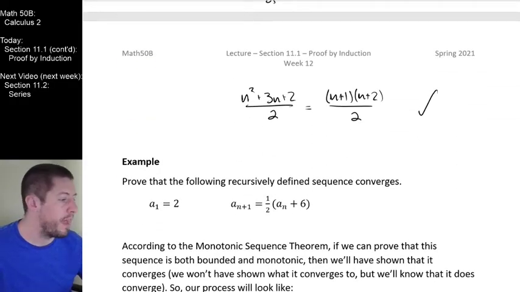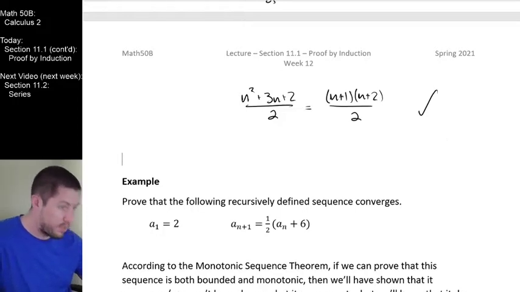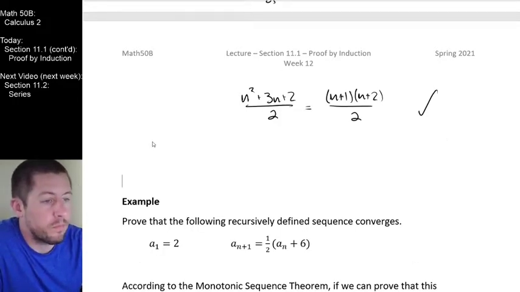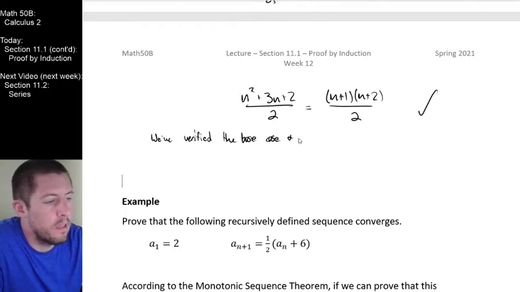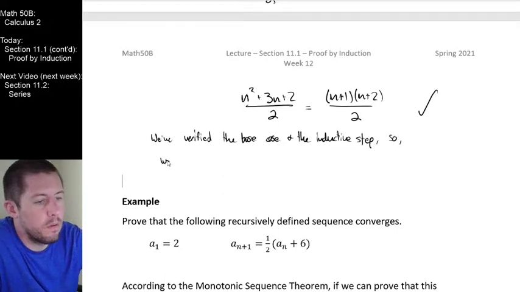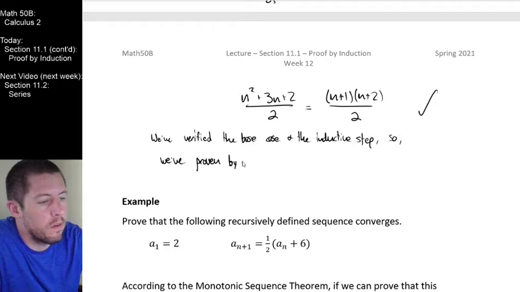So we have proven then by induction, the base case and the inductive step, so we've proven by induction that the formula